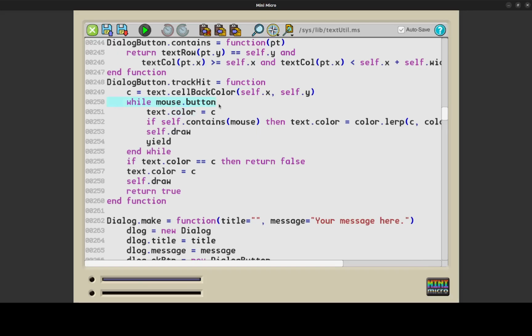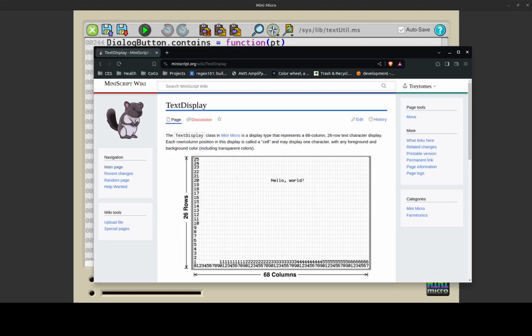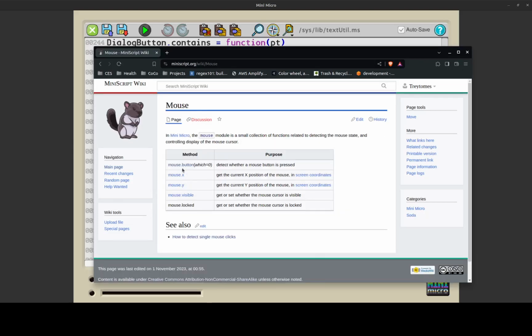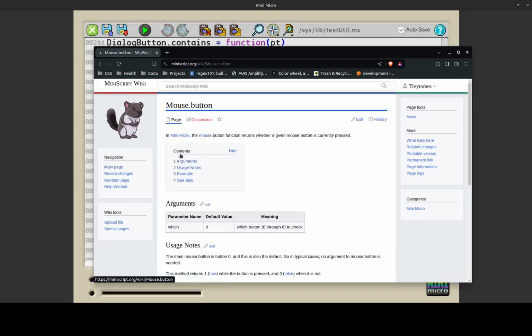While mouse dot button. Let's take a look at that mouse dot button thing. This function